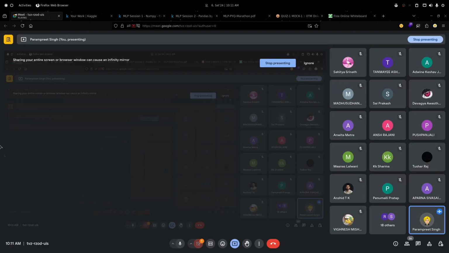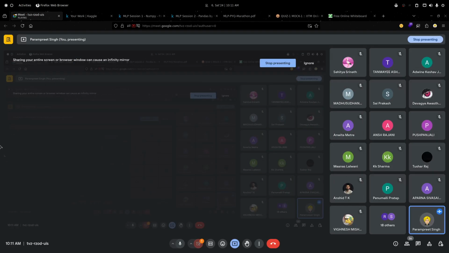Sorry, so the pipeline is used on the train data, but do we have to separately apply it for the test data? No need. When you call fit, it will automatically call the fit transform. Okay, and when you call the predict, it will automatically call the transform.